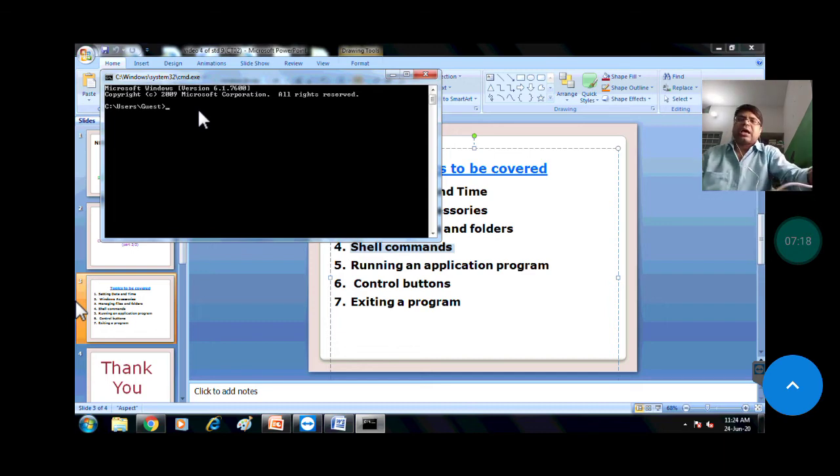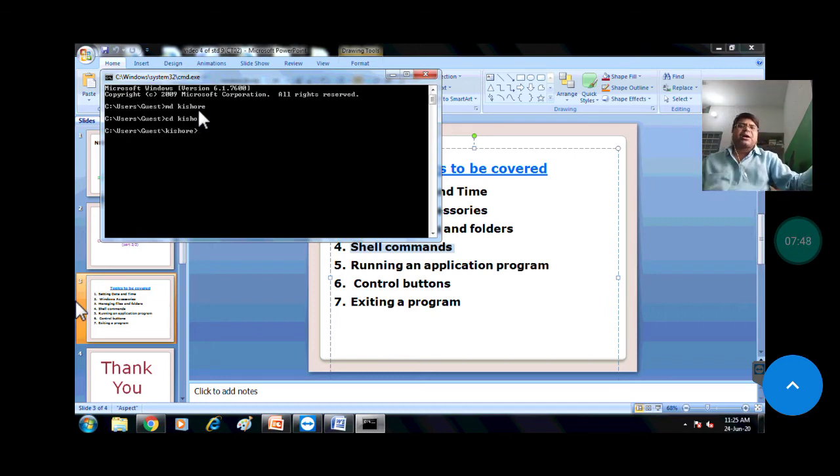Suppose I want to create a directory. I hope you have read how to create a directory and how to change the directory. Like I am going to create a directory: MD Kishore. The directory is created, my dear, but it is not showing. Listen, my dear, in DOS we say directory, but in Windows we say folder. Now I want to go into my directory Kishore, so I will use CD Kishore. Now where have I gone? I have gone inside Kishore.